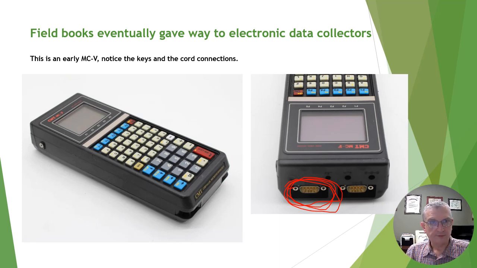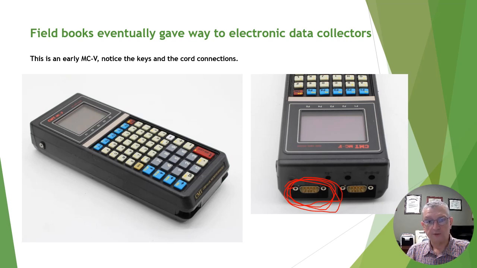There are a lot of different fields that needed data collection devices, like inventory in grocery stores or distribution centers. And we didn't have Amazon distribution hubs back then, but you still had warehouses for Walmart and Kmart and for the grocery stores. Also had them for manufacturing. The avionics. There were a lot of airplanes in the air, and they needed to know where all their parts were and how many they had. So they used these to help collect data on a lot of different things. Thankfully, surveyors could use them too.